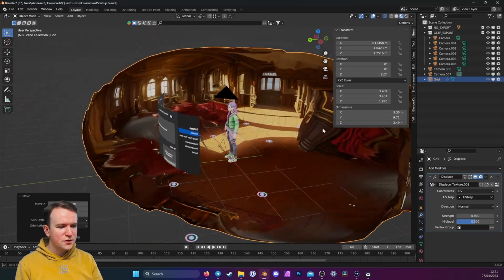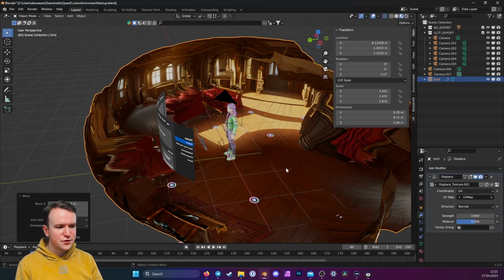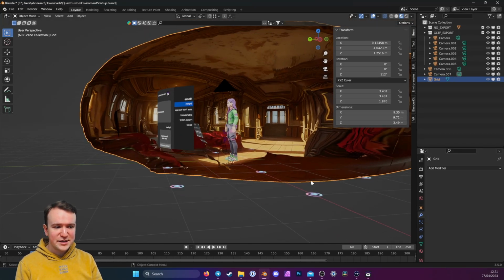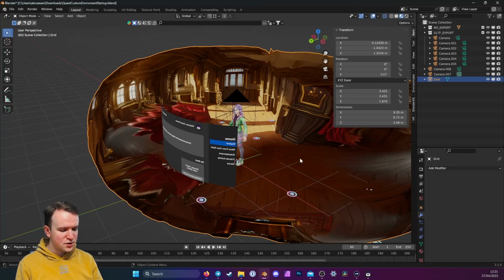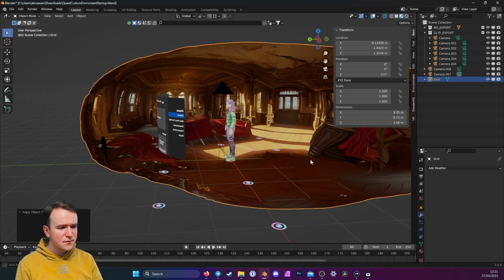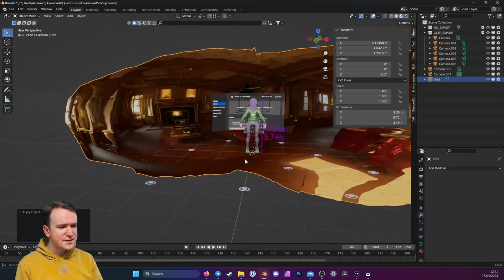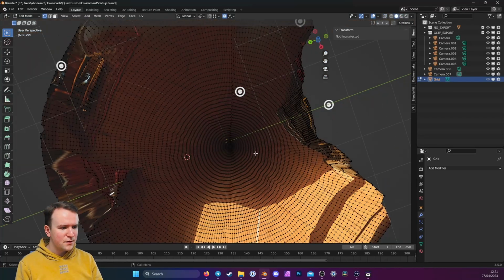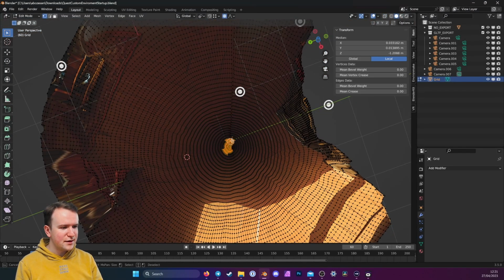Now, if you want, you can also use some Blender features to kind of smooth out the floor. So to do that, you can apply the displacement here and also make sure to Control-A, apply the scale so that the size remains correct. And now you can tab into edit mode and you'll actually see the vertices. You can kind of select this area down here